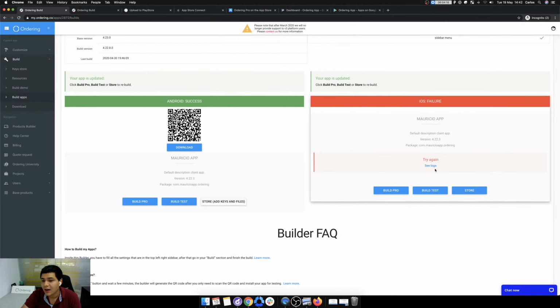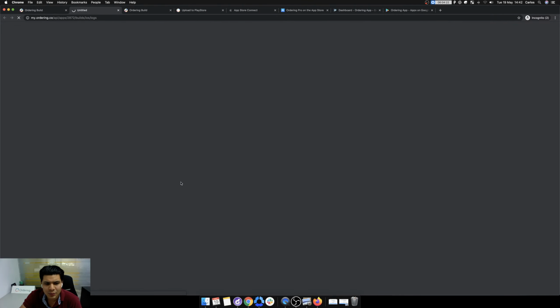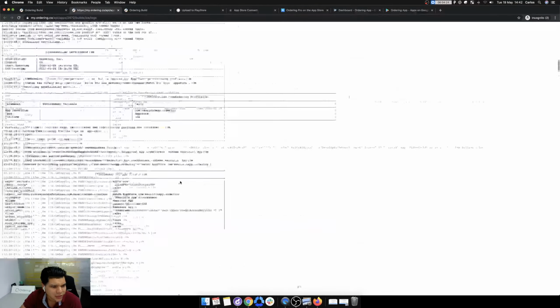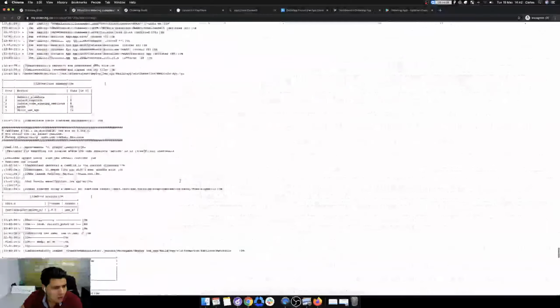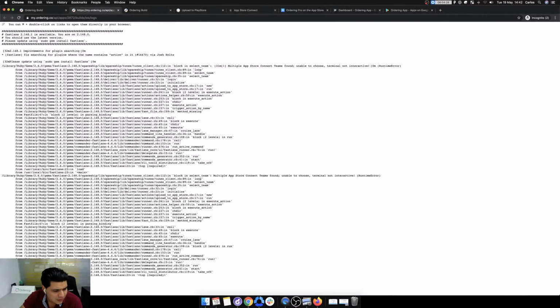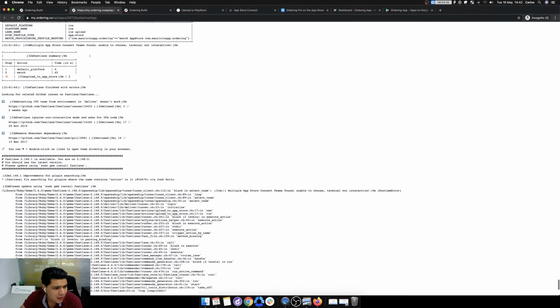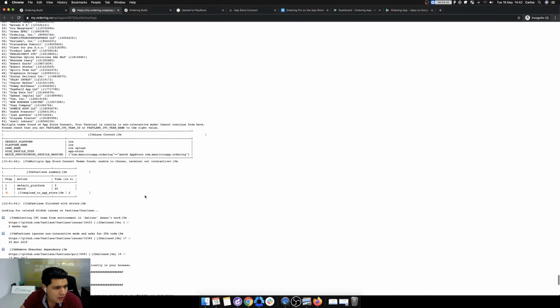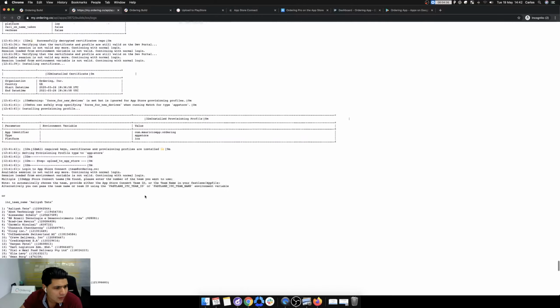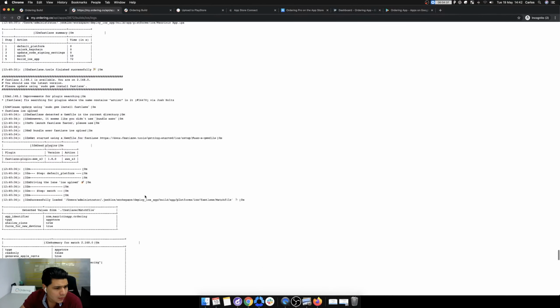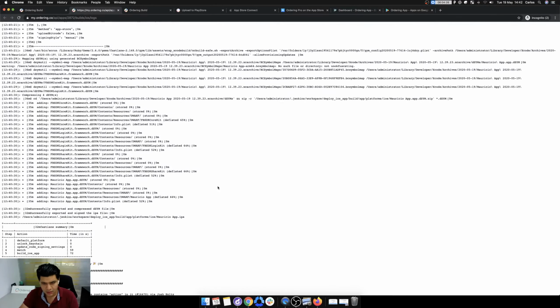Oh, as you can see here, I got an error also. Okay, this is the thing that we are working on right now. So if we see the logs, it is the same execute shell. We will have to go up here and look for the error.